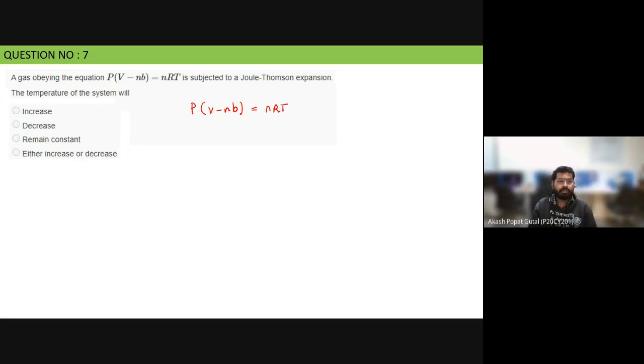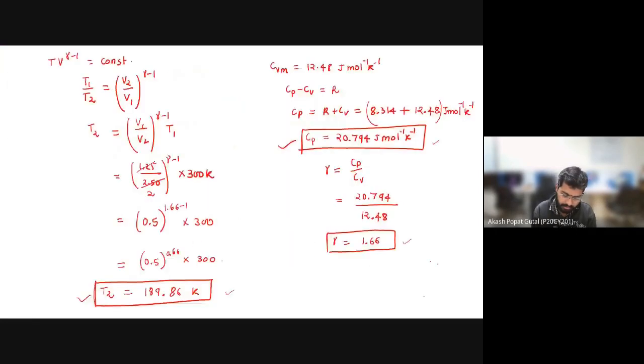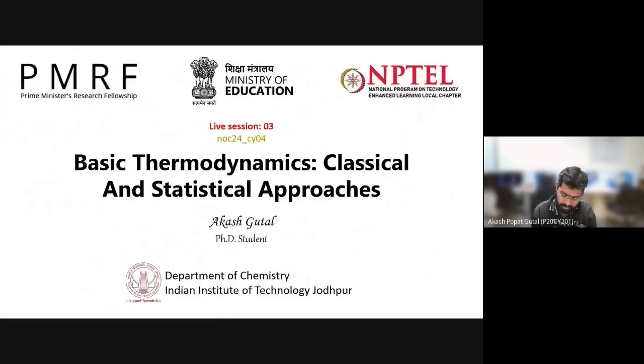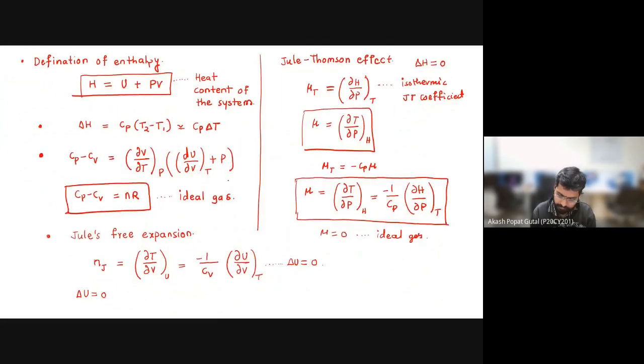This is something like the van der Waals gas equation, where a is 0. And as we discussed before,